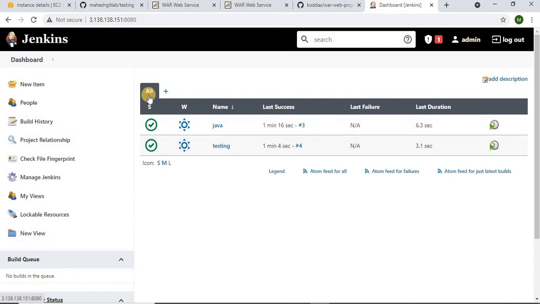Okay, let me explain for a second. In Java, first I created a Java project, Java build. In that, I have given a Git URL to download the code. I have given Maven package to build an artifact using the code. Once the build is done, I asked Java to deploy on the testing environment, so I have given Tomcat credentials. So these 3 steps have happened very smoothly. In the second job, testing, I have given the continuous testing and continuous delivery part.